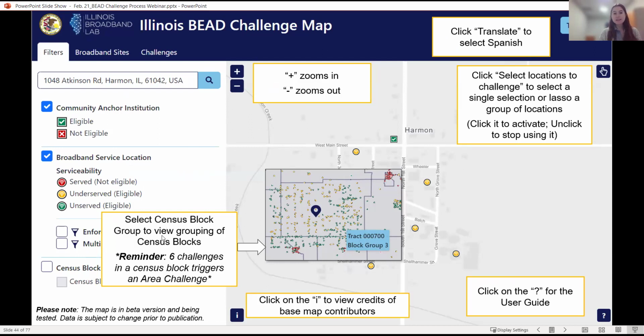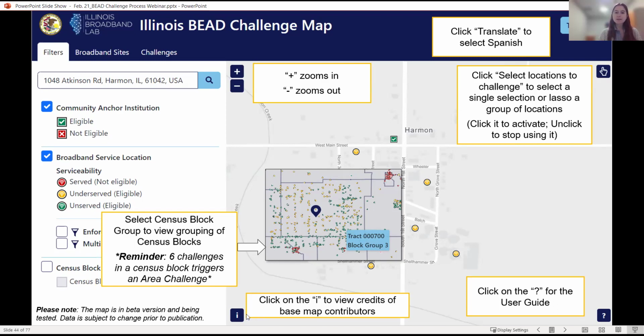You can click on census block to view census block lines and boundaries. This is helpful for area challenges because if a census block has 6 or more locations challenged, it'll trigger an area challenge and put the onus back on the provider to demonstrate otherwise for that entire census block.